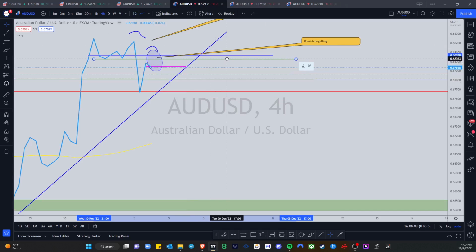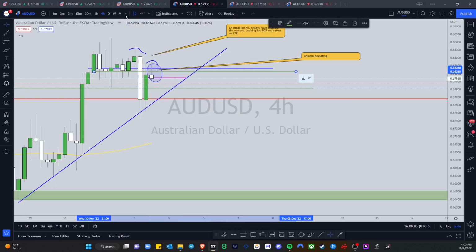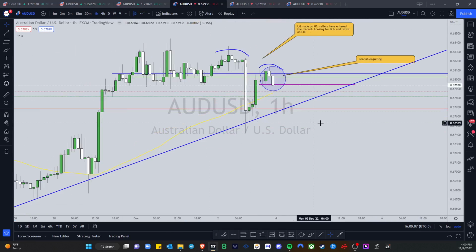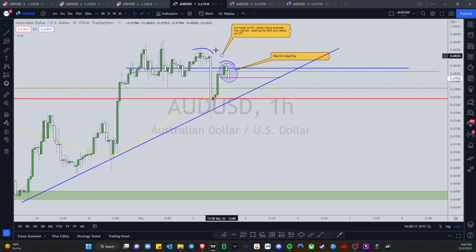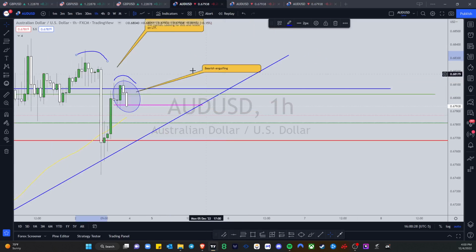So this right here, boom, boom. Alright, cool. So if we look at H1, H1 showed that a lower high was made. That was one of our first lower highs, because this high is lower than this one right here. So a lower high was made, and it made another one. And also with this one that it made,